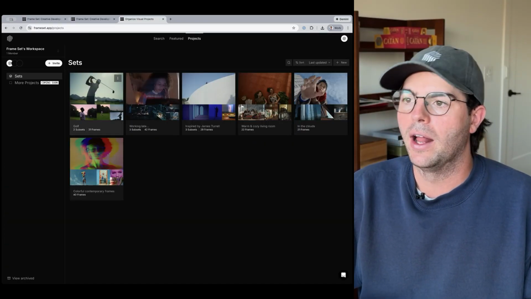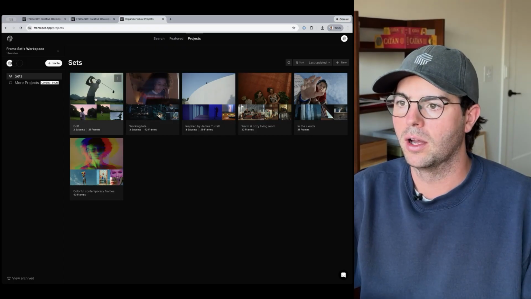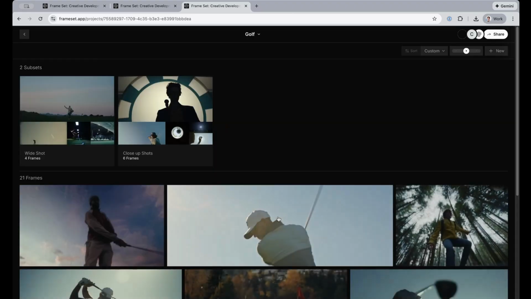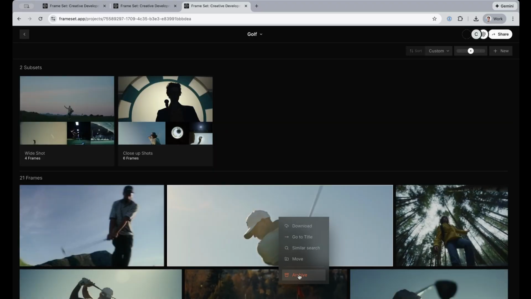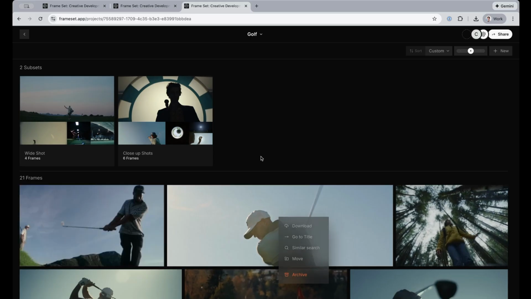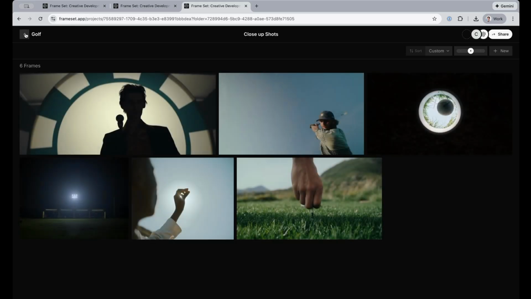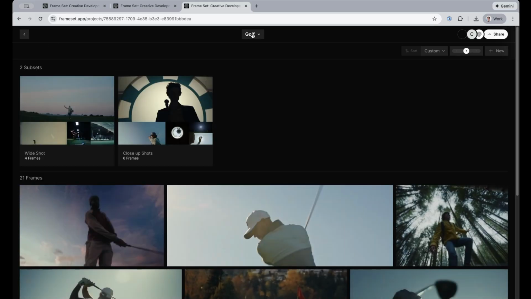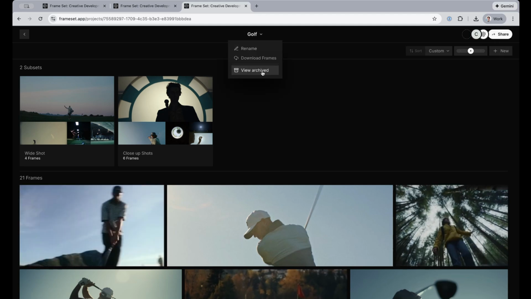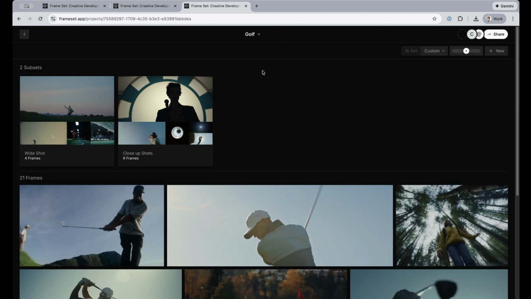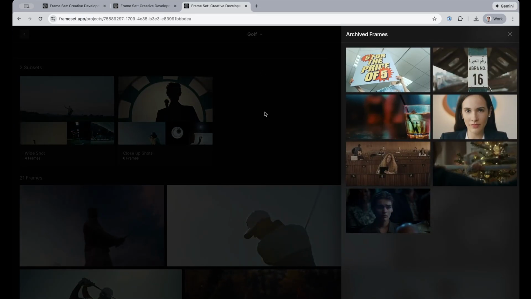Let's say you added a frame accidentally to the wrong set. All you need to do is click on the individual frame and select archive. You can do that within the main set. And if for whatever reason you need to view that archive, you can always click here, view archive, and you can see the other frames that you've put in there before that maybe you didn't mean to